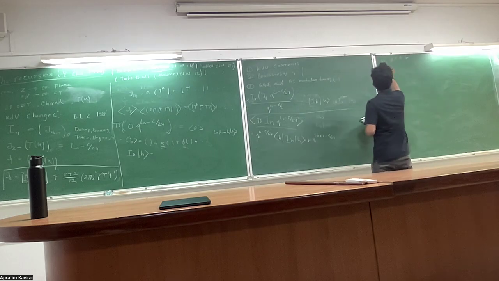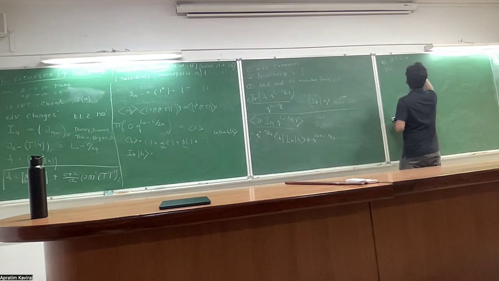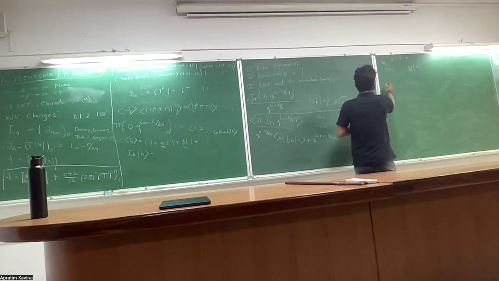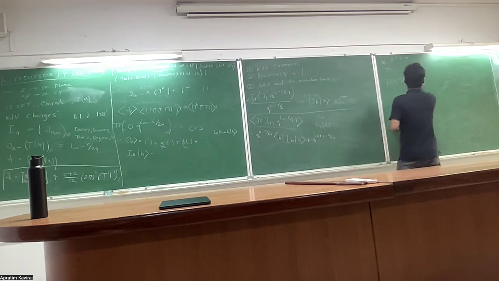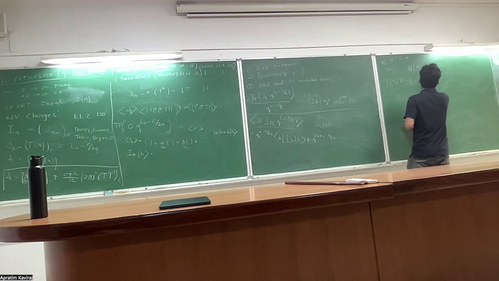You have the energy momentum tensor, which is spin 2, and you have a W, which is spin 3, which has conformal dimension 3. Now the OPE is